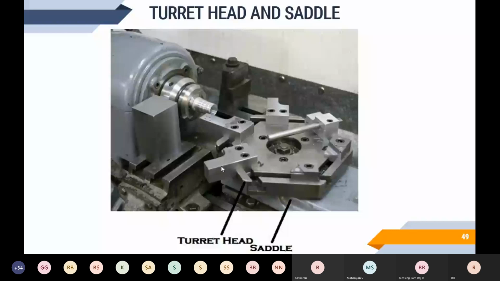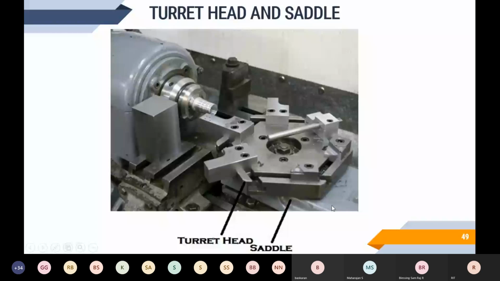The actuation of the ram is done by hand because it's manually operated. An adjustable stopper is used to control the forward movement of the ram. Based on the Geneva or indexing mechanism, the turret head is controlled and the next tool is brought to the working position; this is called the Geneva mechanism. In the capstan lathe, the turret head is mounted upon the ram, which slides upon the saddle. That is important. That is a major difference.